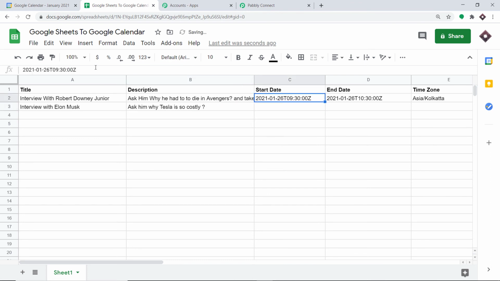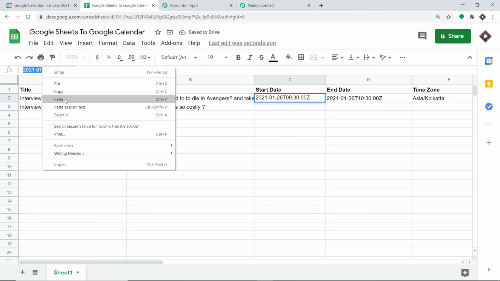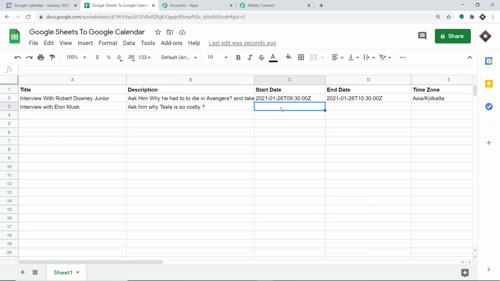Okay, so I'm just copying the start date, copying and pasting it here. I'm going to make some variation in the time. It's on 26th, so I'm making it on 28th. Similarly for the end date, I'm just copying this whole part, pasting it here, and again the end date is on 28th.